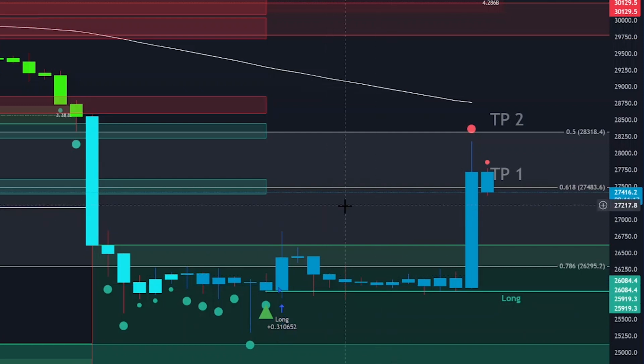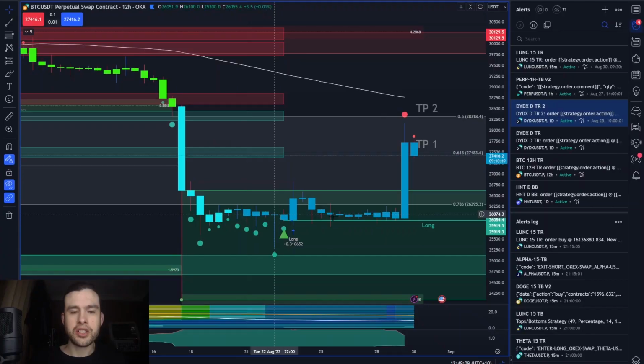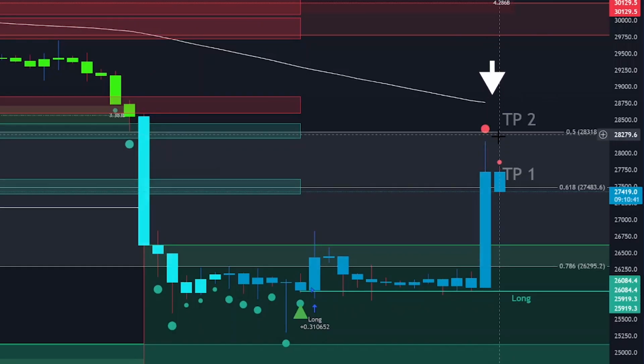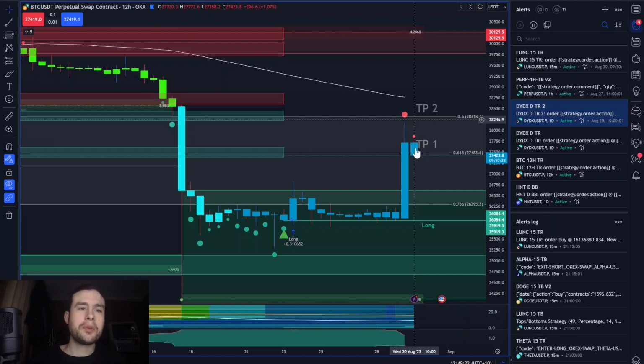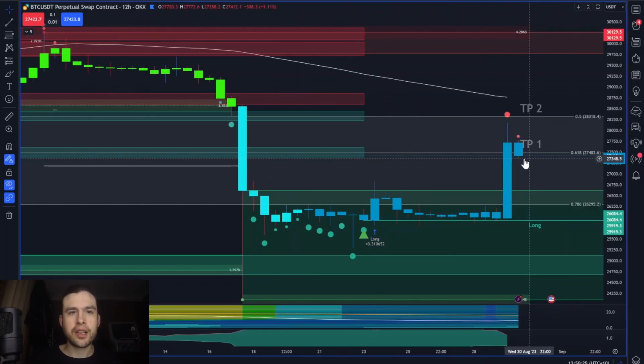Basically just using this trend reversal. This is the strategy that I created using the cumulative volume index. And it opened along here, and that was just quite a small position, 0.31 BTC on this one. Not a big position, to be honest, because I have a much larger position open on a different exchange. But anyway, that was along there, and then this is the first TP hit. Second TP missed by a hair. I'll probably keep that one open,